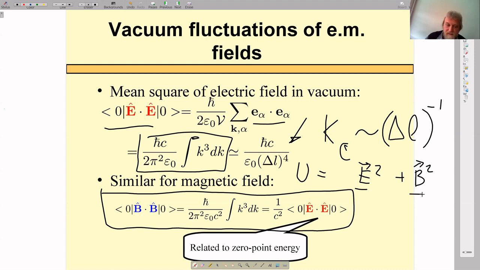Good. Then fluctuations of the fields in vacuum also immediately imply some energy density, and this is in fact